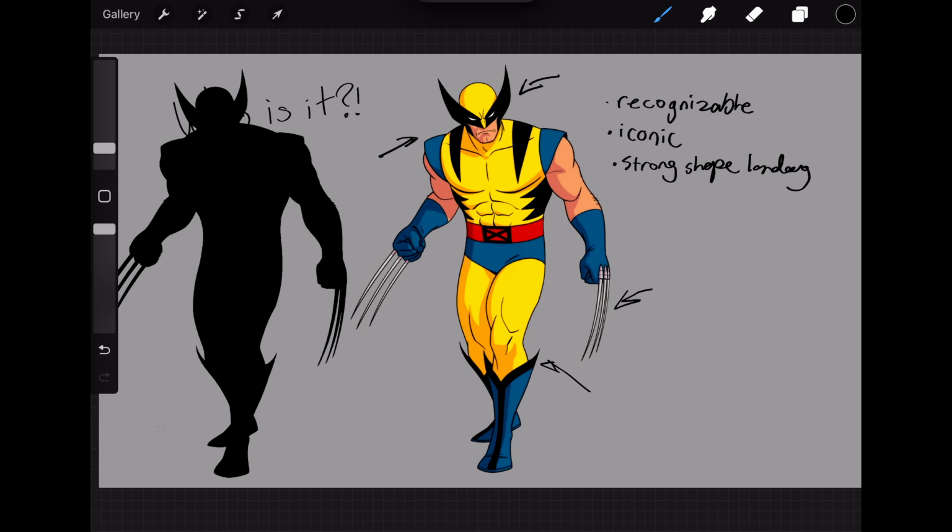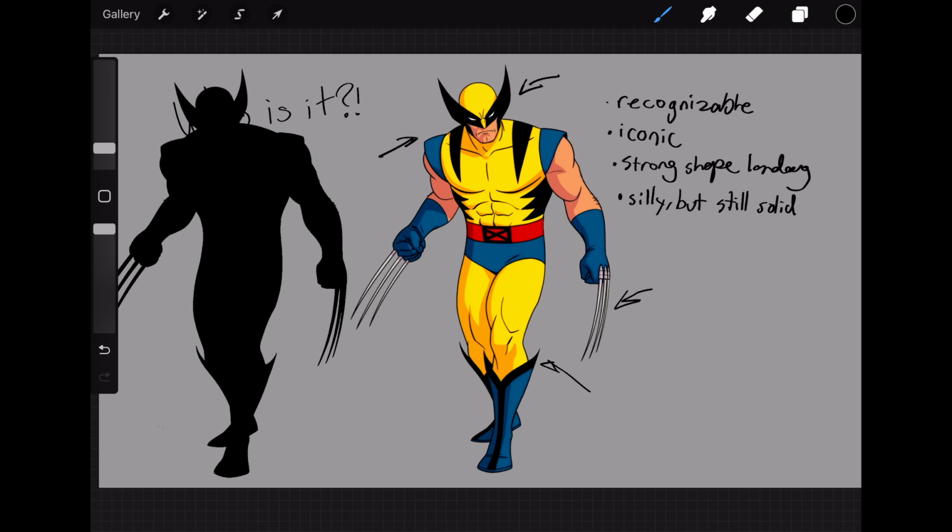So when designing your own characters, be conscious of what they look like if they're completely blacked out. No color, no details, just pure shapes. It can seem a bit overly complicated, but it really isn't. Especially if you're drawing multiple characters that all need to go together, if all of their silhouettes look the same or similar, like you can't tell one from the other, then that might be a sign that you should